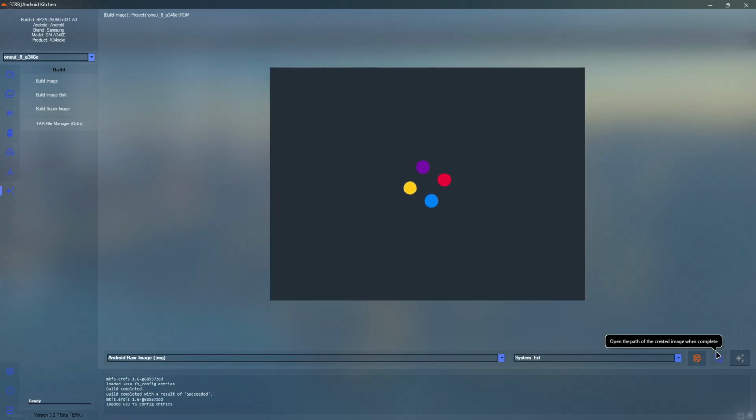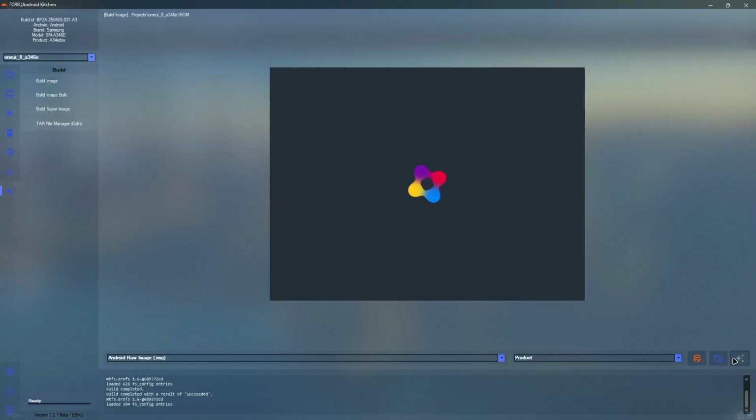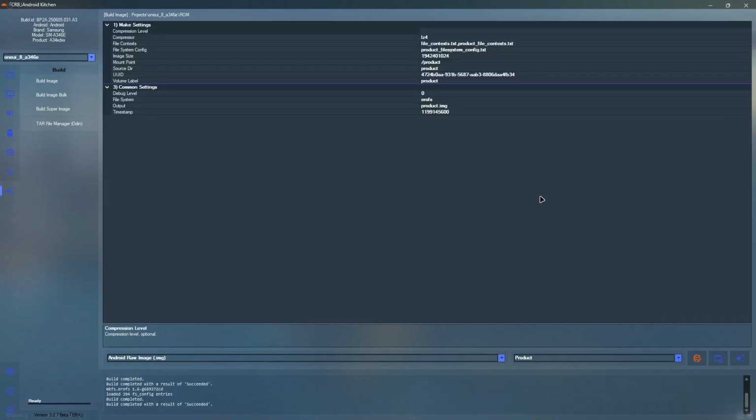These are very small comparative to the system image. As you saw, it just got completed immediately. Now we are going to select product, and we are going to build that, making sure it's set to Android raw image. It will take some time as it is a little bigger than system_ext, so we'll wait for it to complete. Now once you have got all of these three files, which is essential for testing,